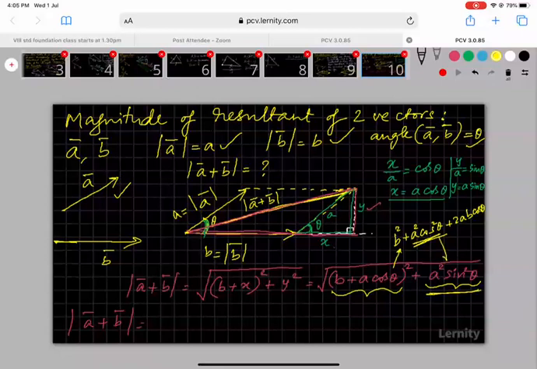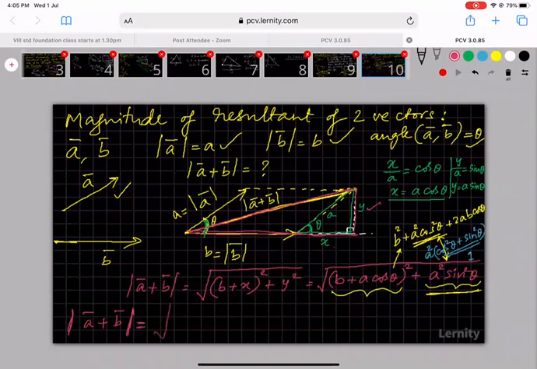In these two terms, you have A square common. It becomes A square into cos square theta plus sin square theta. From trigonometry, you know that cos square theta plus sin square theta equal to 1. Because this is equal to 1, what is A square into 1? A square. So basically, what happens is, in this formula, magnitude of a bar plus b bar is equal to